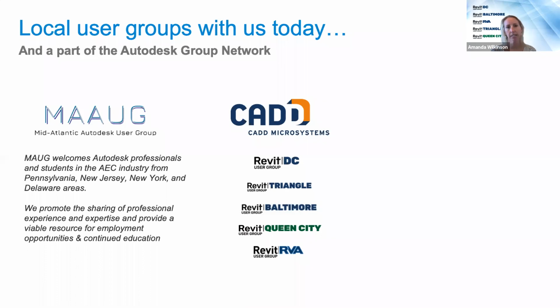And we do this by fostering local peer-to-peer contacts among technology practitioners. So we want our users to get to know each other. We share best practices, and we also provide feedback to Autodesk regarding functionality and the user experiences that we hear about from our members. And since things took a turn for everyone in March, we've been hosting joint monthly BIM XT network Zoom events, just to try to keep our groups connected until we can get back together in person. And we're really excited to be participating in the Autodesk Group Network's virtual meetup as another opportunity to see everyone again. So we look forward to the conversation and the discussion for today.